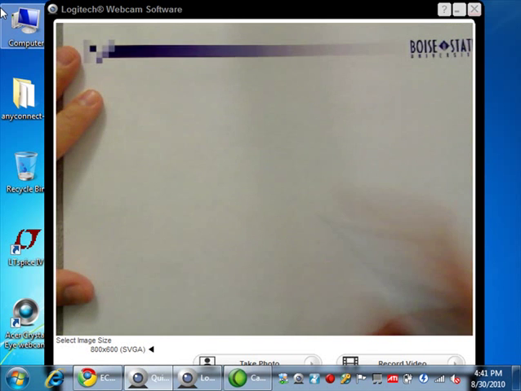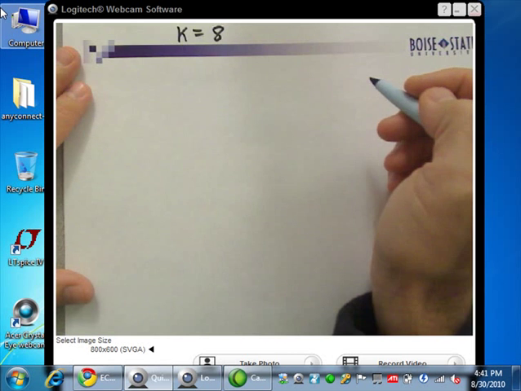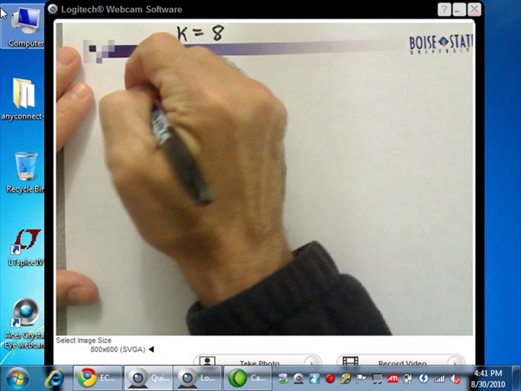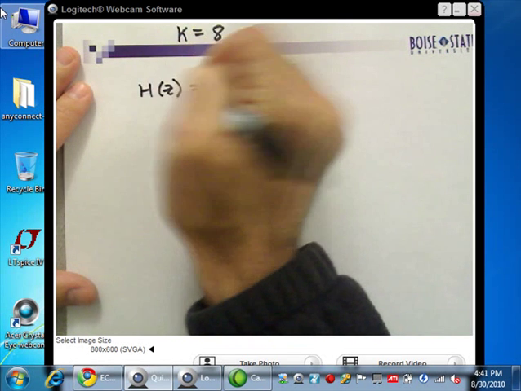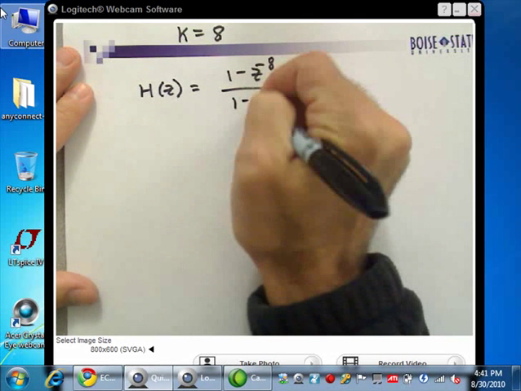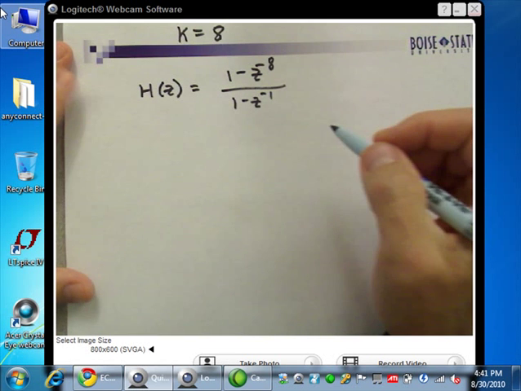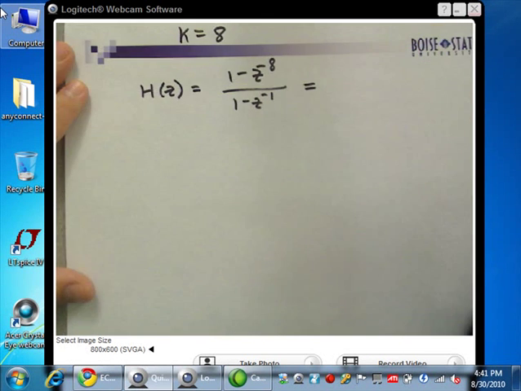Okay, so I'm going to write my filter. Let's do it for k equals 8 samples, or averaging of 8. So then I get H(z) equals (1 minus z to the minus 8) over (1 minus z to the minus 1). And if I plot that, if I ask what are the poles, let's multiply the top and bottom by z